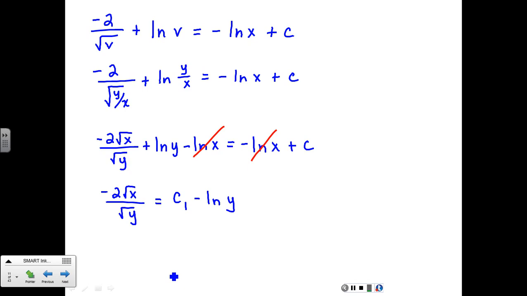Do that first. And then we're going to square both sides like they said. Y'all got me doing all kinds of crazy stuff. Let's see here. That's going to be 4x over y equal to